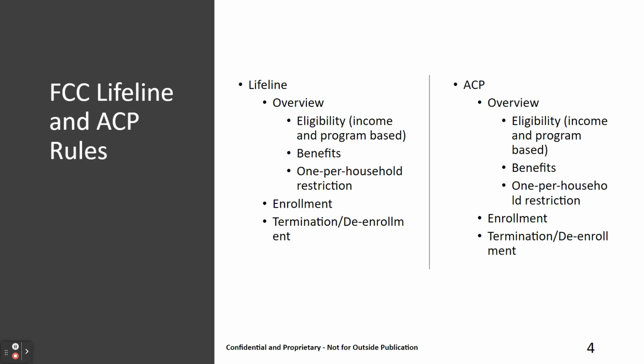If AMBT has reasonable basis to believe that a subscriber is no longer eligible for Lifeline, it must notify the subscriber of an impending termination and allow the subscriber 30 days from the notice to present proof of continued eligibility. If the subscriber fails to demonstrate eligibility by the end of the 30-day period, we must de-enroll them within 5